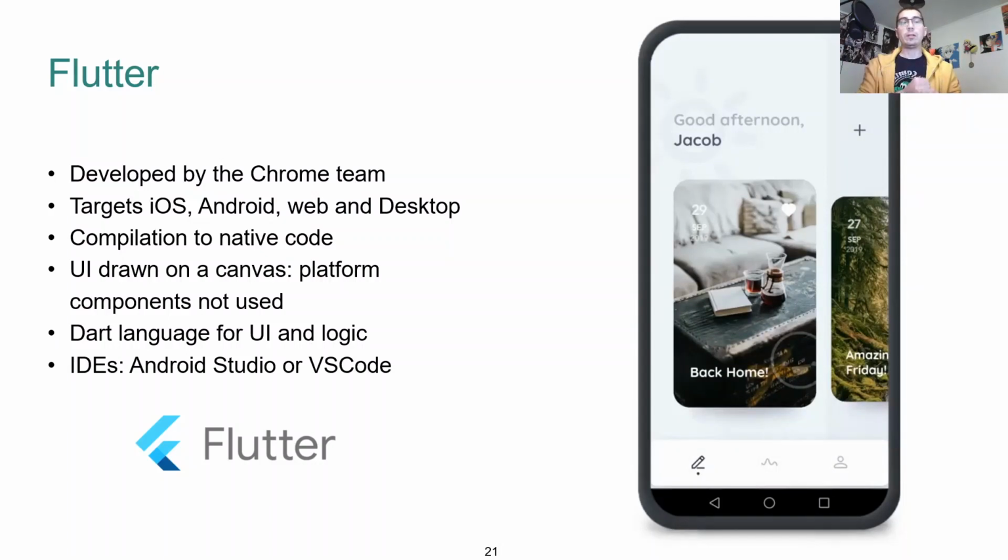It compiles to native code, so there is no bridge as in React, but the UI is drawn on a canvas. So the UI is not drawn on a web view, and there is no native component. No web view, no native component. It's an original way here in Flutter. So Flutter creates a native canvas, a native draw area, and it calls native APIs through the Skia framework